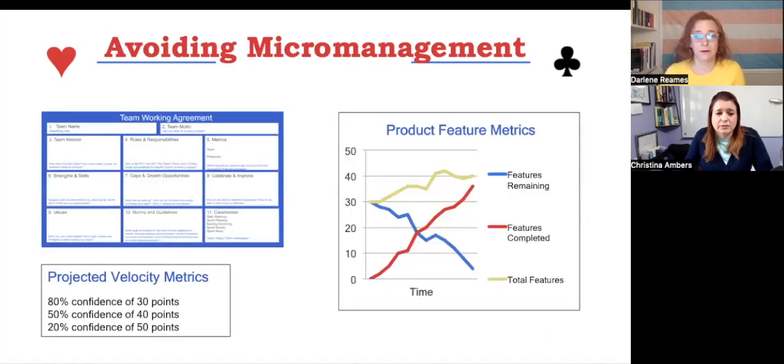If these situations sound familiar, use a working agreement to establish guidelines and boundaries on how everyone will work, including your manager. Your working agreement will help insulate the team so that nothing gets added to the current iteration without going through the product owner. Next, when discussing velocity projections with a micromanager, make it the norm that every number is attached to a confidence probability. This will head off their questions of velocity commitments, which you all know are guesses anyways. Lastly, measure completed and remaining features and circulate those metrics instead. This gives a meaningful metric to the micromanager, meeting their desire for transparency while keeping the team empowered and in control of their day-to-day workings.